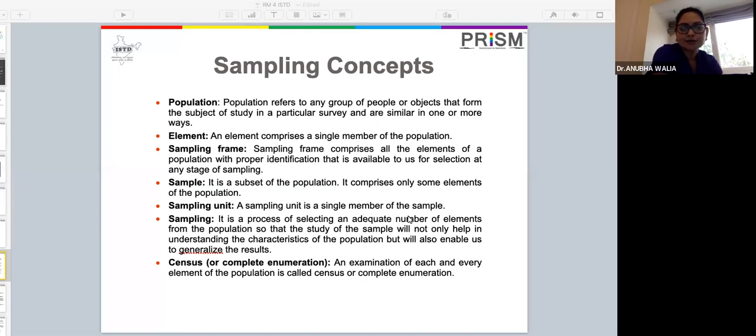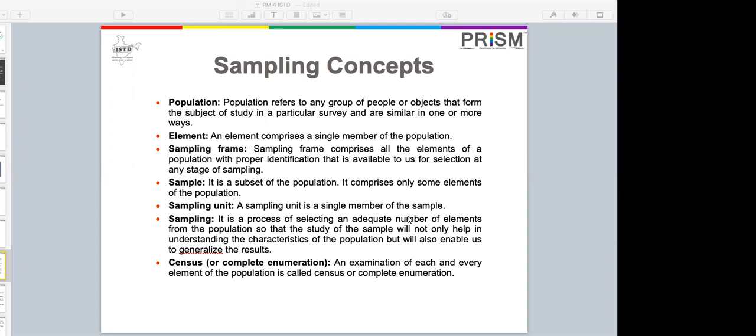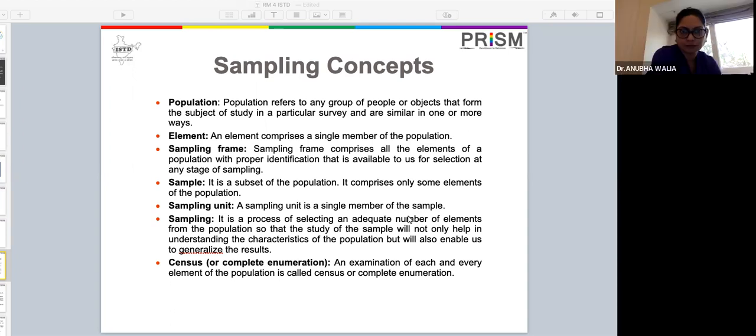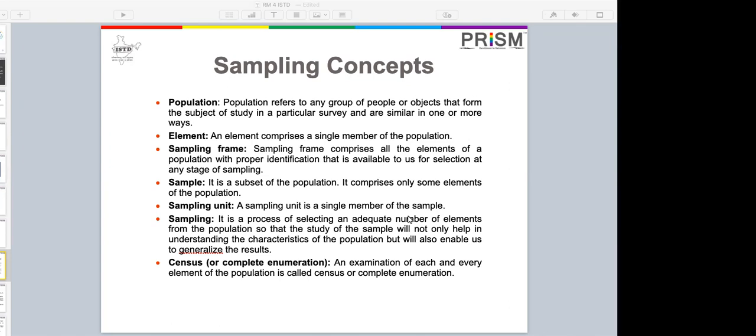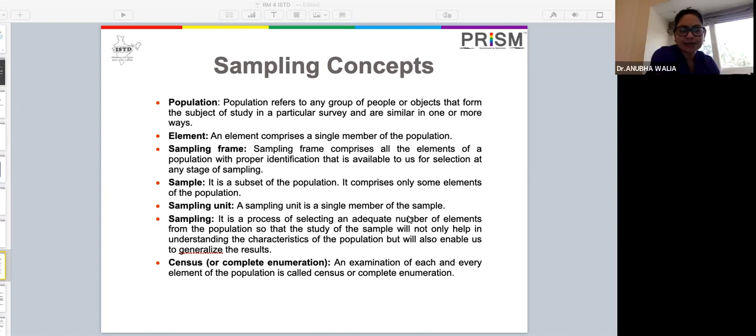It's a small group which will represent the entire population that we want to study. Right. Nice. Very good. So rightly said,